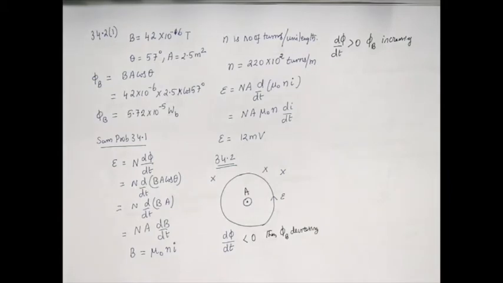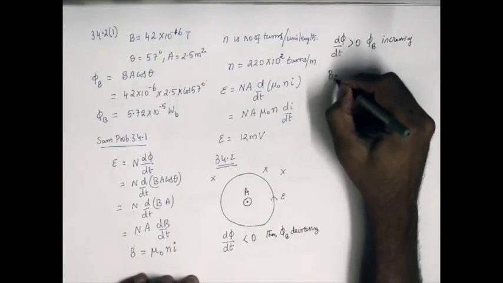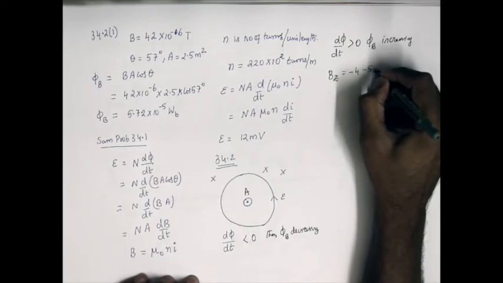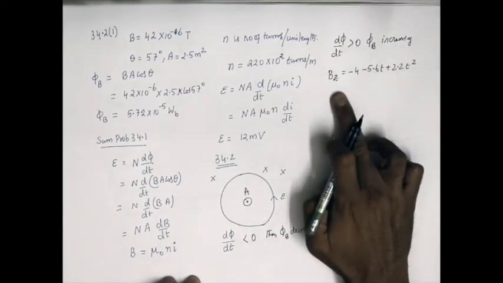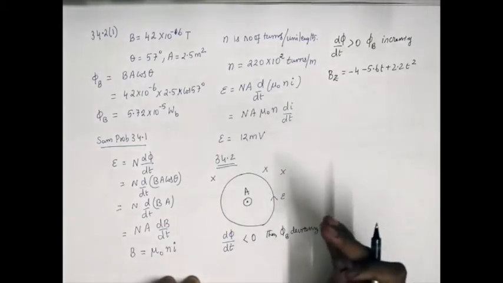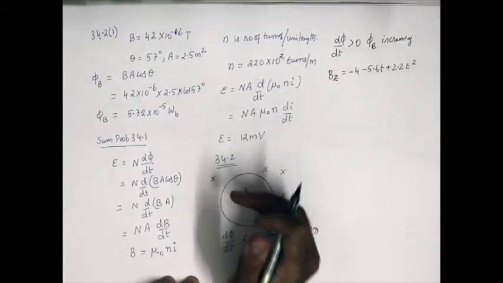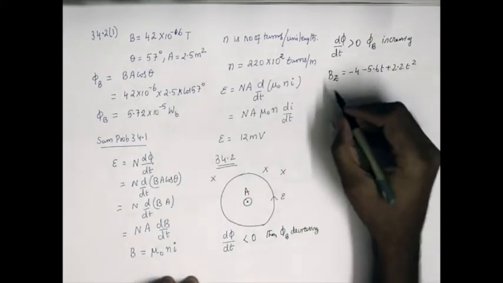Let us see how this works in the case of sample problem 34.2. We have been given B of z as a function of time. It is given by the following. It is a time dependent function. So as a first algorithmic step, I choose the induced EMF to be counterclockwise, therefore fixing the A vector pointing outside the plane of the paper.